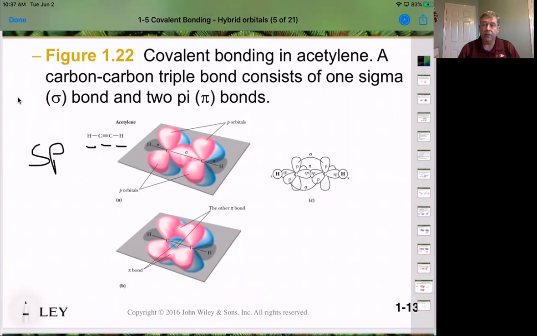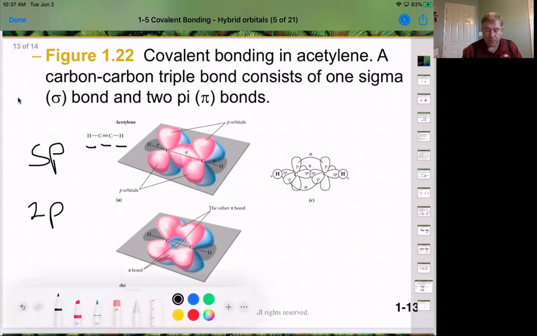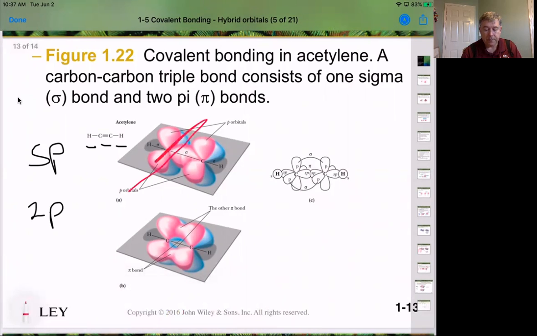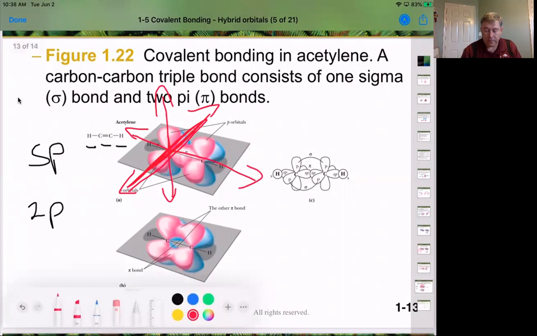Those are our first bonds that form. Now we have 2 p orbitals left, and so what happens to those is one set of p orbitals is going 90 degrees away from the linear portion of the molecule, and then the other orbital is going 90 degrees away from that as well, which means that we have the p orbital that's above and below the plane